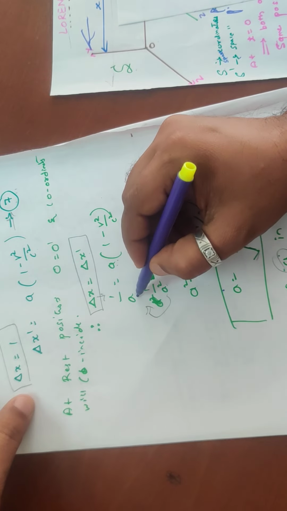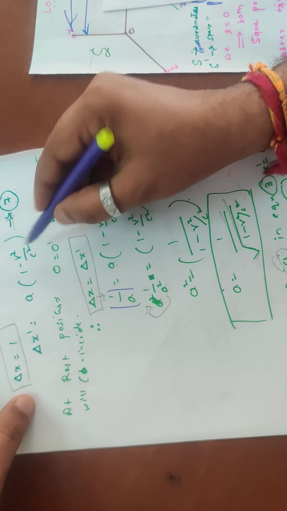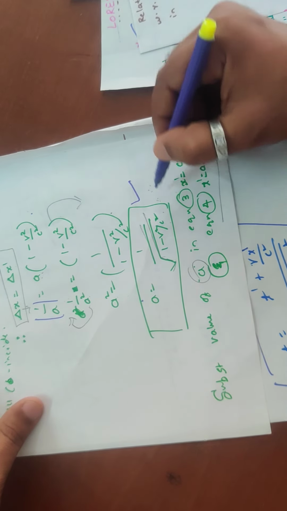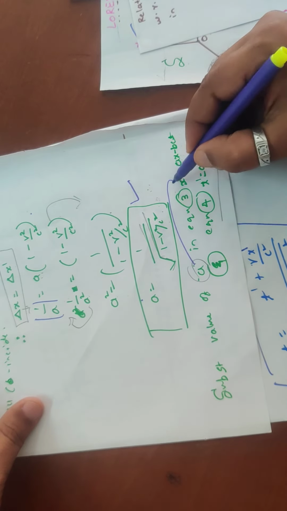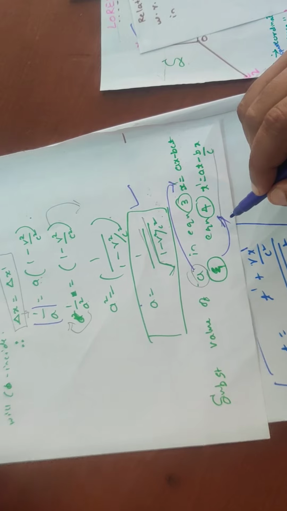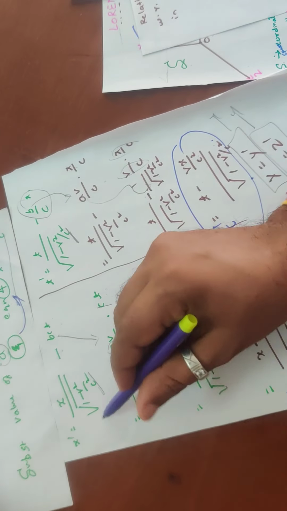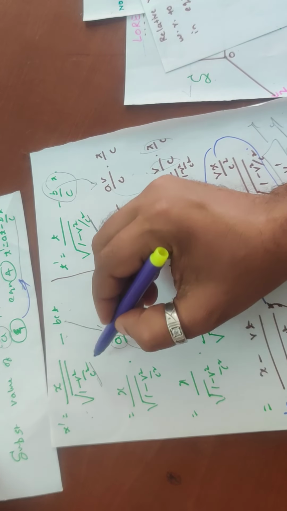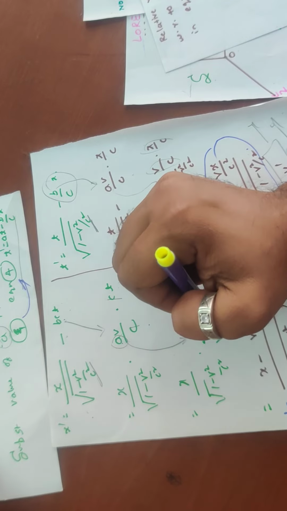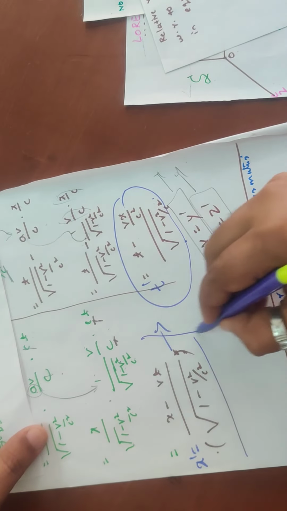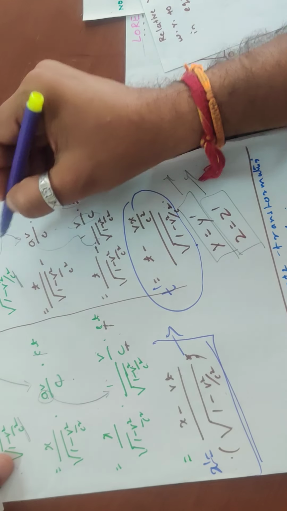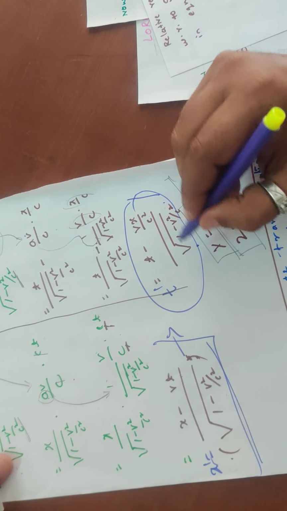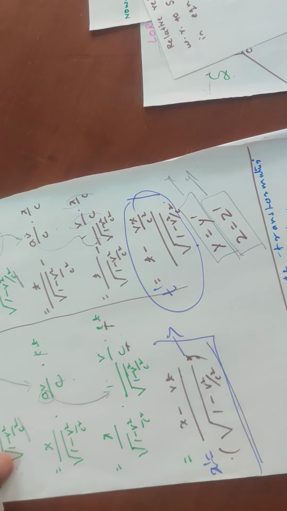Therefore 1 by delta x we found is 1 by A, and delta x dash is A into 1 minus v square. By using this we found A equal to 1 upon root 1 minus v square. These values we have substituted in equation number 3 and equation number 4. So equations number 3 and 4 are very important. When we substituted the values here, B equal to Av by c and the A value, we got x dash equal to this. And when the B value is substituted in equation number 4, we got t dash equal to this. These are the relations between the S and S dash frames.